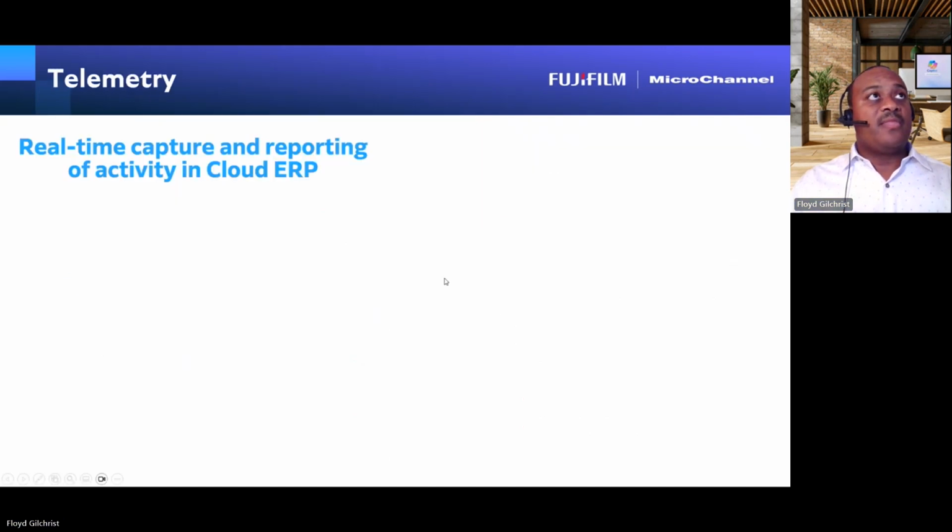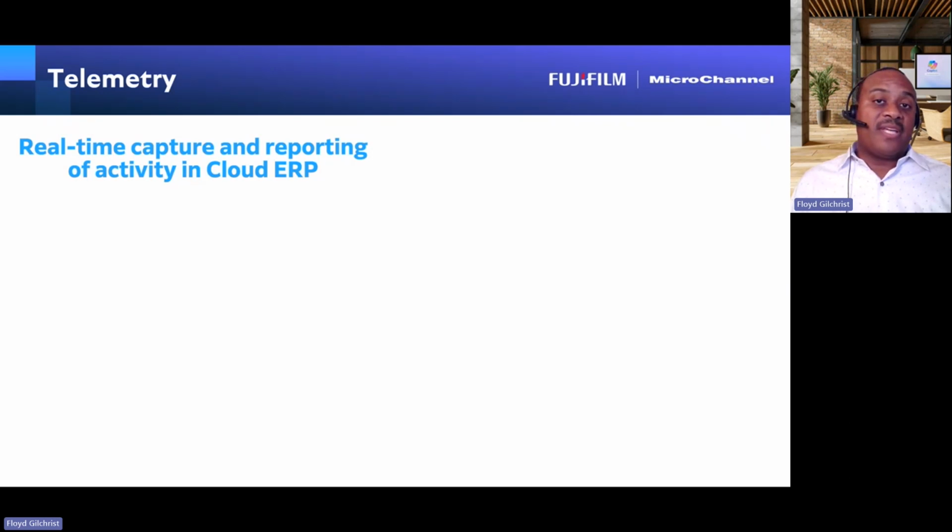When we look at telemetry, that's another area that I'll touch on. When it comes to moving to Cloud ERP, sometimes IT or other people may see a challenge because you seem to lose the capability of seeing what's happening within your environment. The benefit is when you move to Cloud ERP, you actually still get the ability to see what's happening on every aspect of the application. And in many cases, you get to see even more information than you may be expecting.